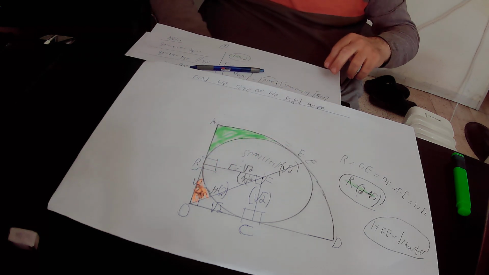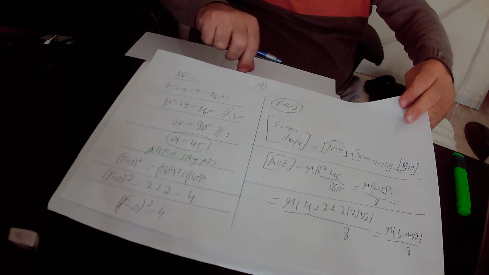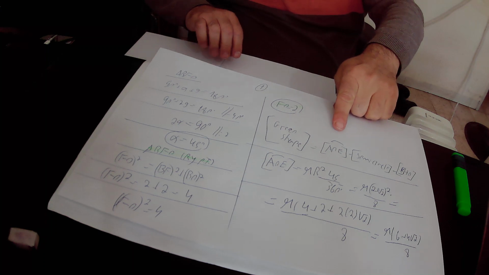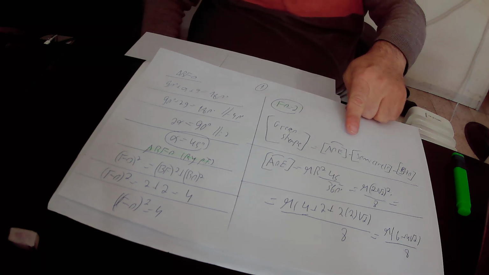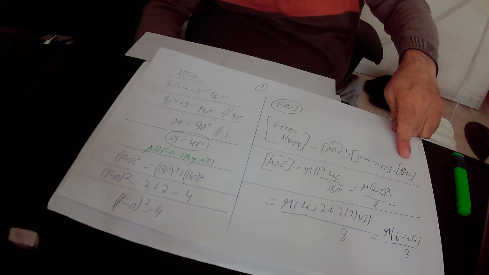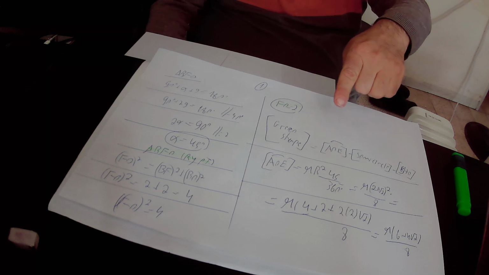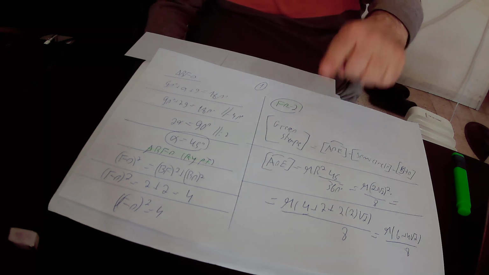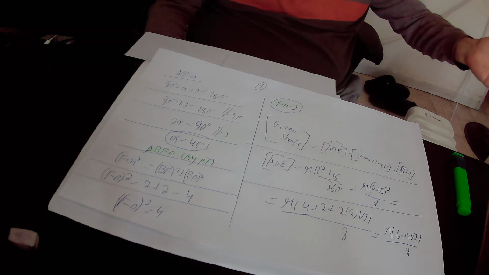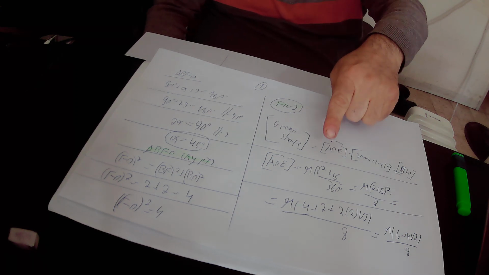Repeat again. The area of the green shape must be equal to the area of the big sector AOE minus the area of the small semicircle minus the area of the orange shape BHO. So first of all, we find out the area of the big sector AOE. The area of any sector equals